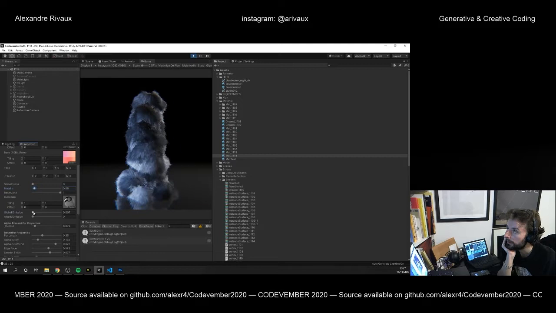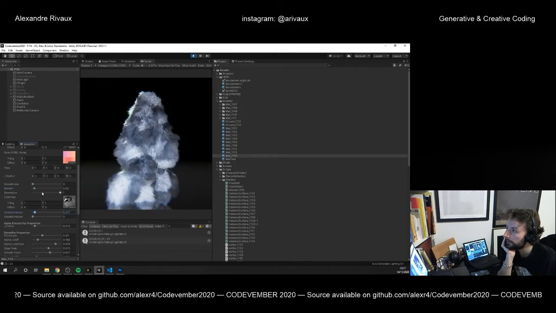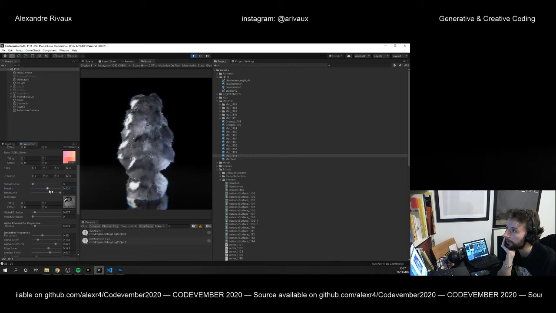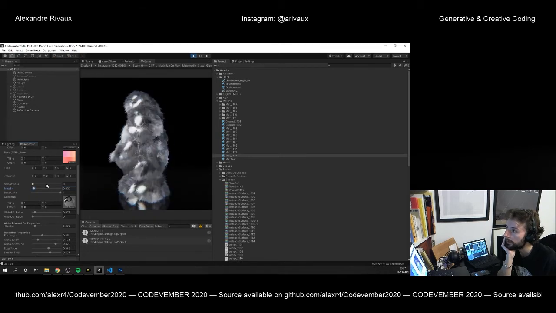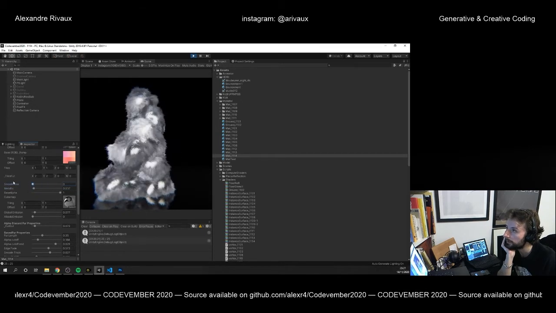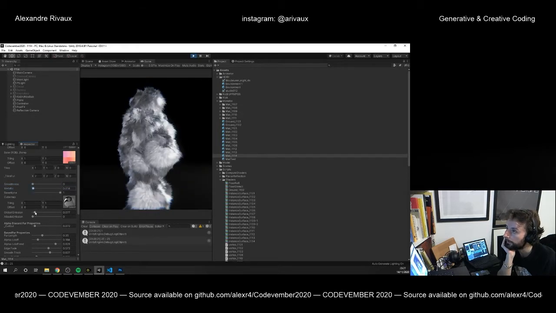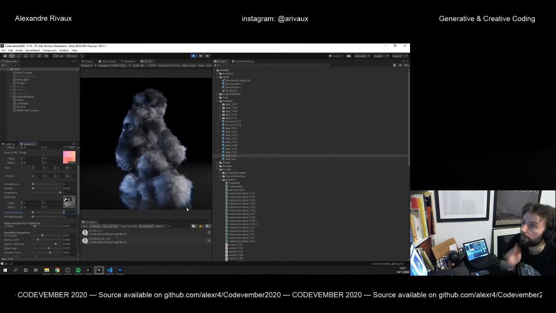So if I simply change the metalness here, it will define the way it behaves. Also the smoothness, as you can see, smoothness changes a little bit. So okay, so maybe we want to say something like that,